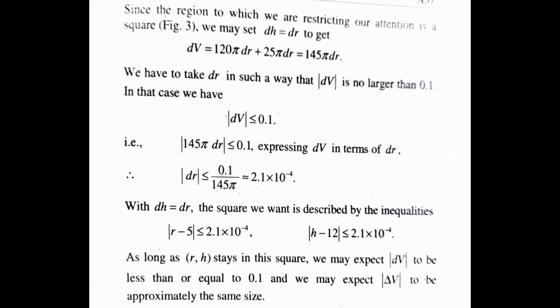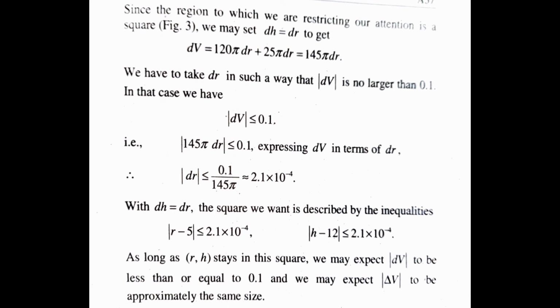Expressing in terms of dr, mod dr is less than or equal to 0.1 divided by 145 pi, that is approximately equal to 2.1 into 10 raised to minus 4. With dh equal to dr, the